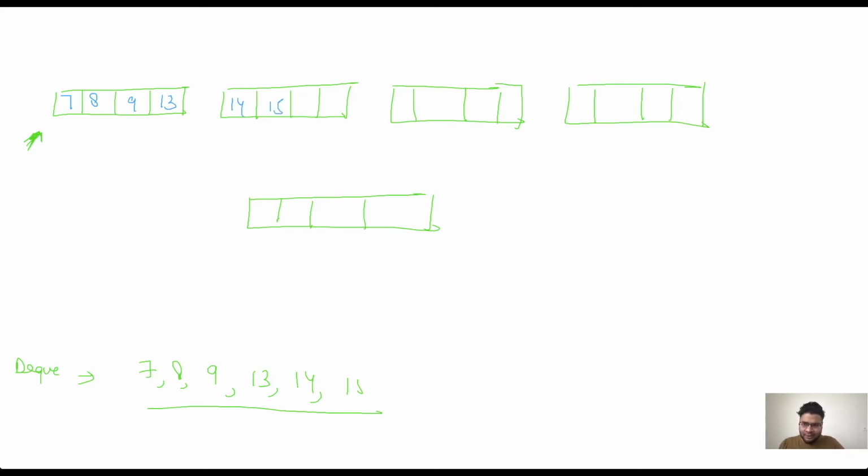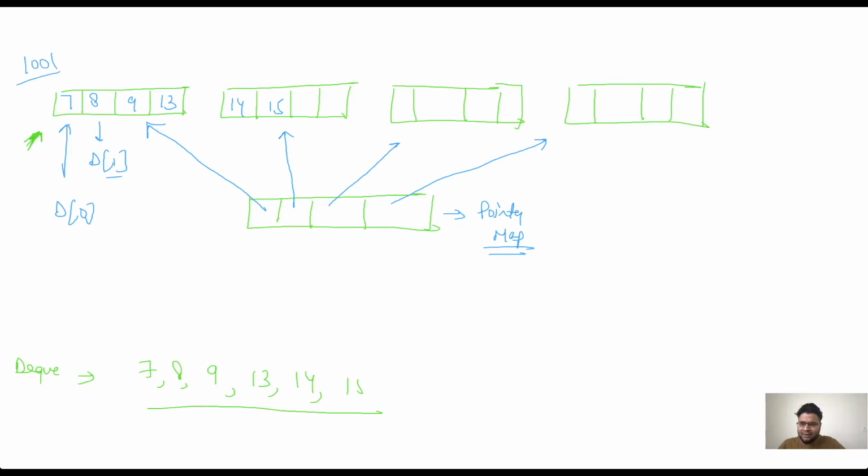So deque is not a contiguous memory allocation. The memory is allocated in terms of chunks, right? And how do we access these chunks? We have pointers to each of the chunks. Let's suppose this is D[0], this will be D[1], and my pointer here will help me identify where my value is located, right? So this is the pointer map. This is something which will help me identify these chunks of memory. This could be, let's suppose, at memory location 1001, this at memory location 1215, and this at memory location 1712, right?